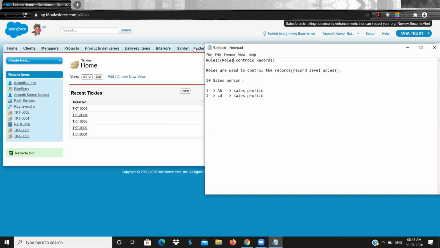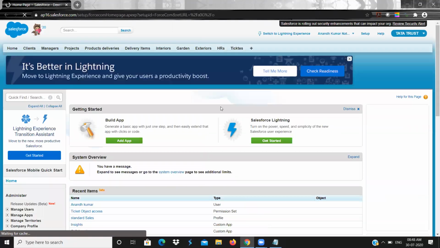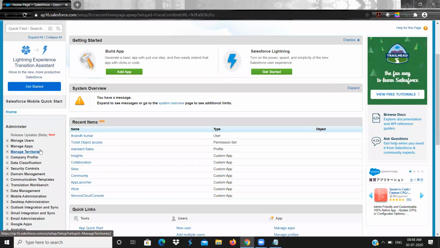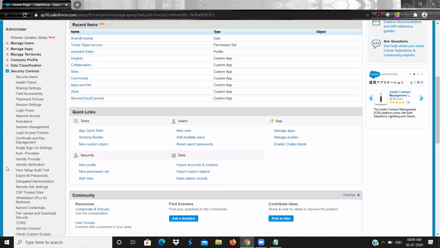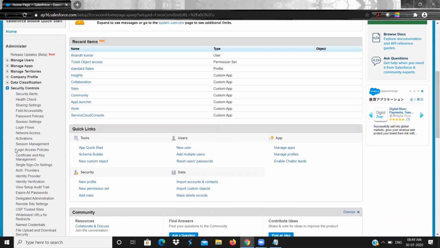Okay, so in order to have a role, first what we need to do is go to the setup. In order to enable role in one object, first we need to go to security controls, and what is that, sharing setting.